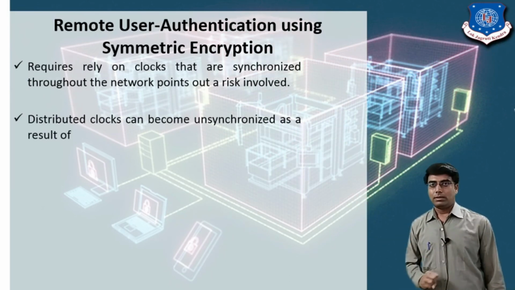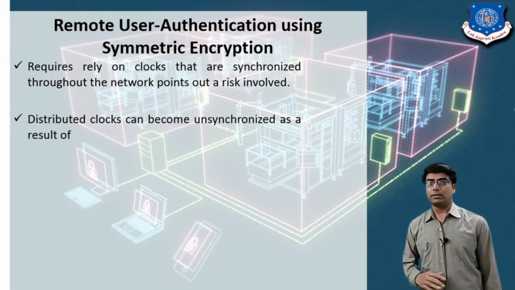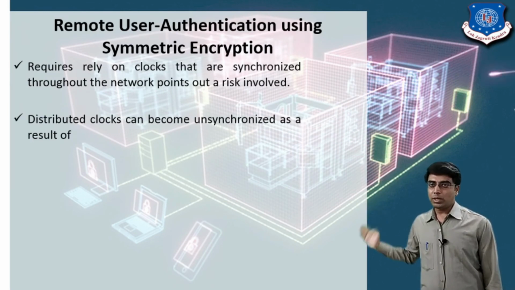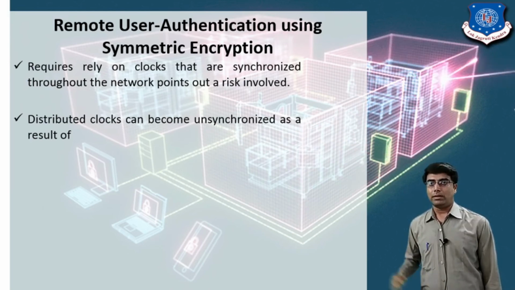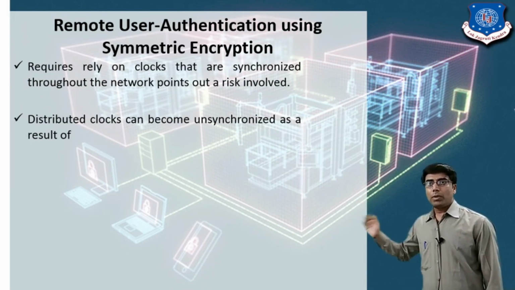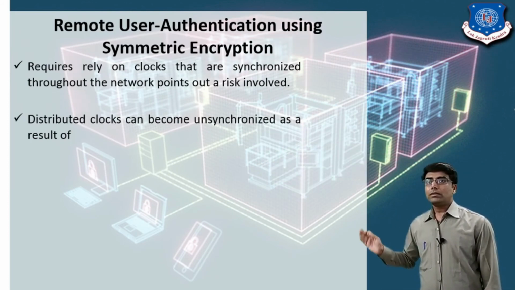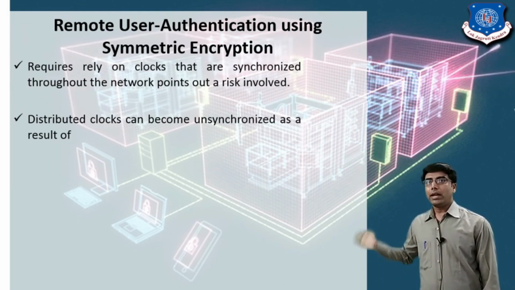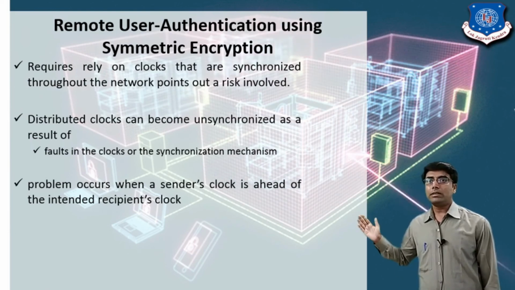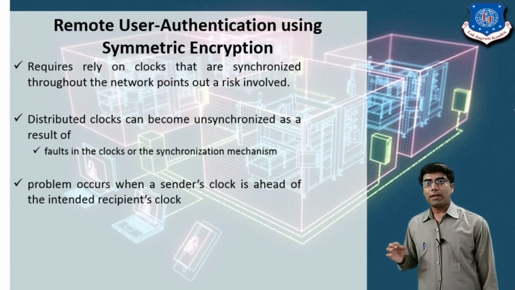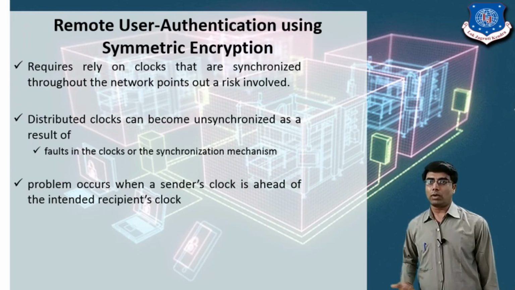We involve the clock. That means both the clocks are synchronized with each other. It means both the users' clocks will be synchronized with the key distribution center. Now in this scenario, one problem is that the clocks will not always be synchronized in the network. Distributed clocks can become unsynchronized as a result of a fault in a clock or the synchronization mechanism. So each and every time the clocks of both the users and the KDC will not synchronize, because